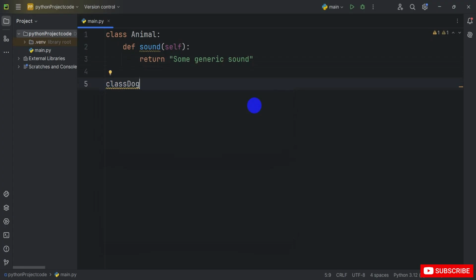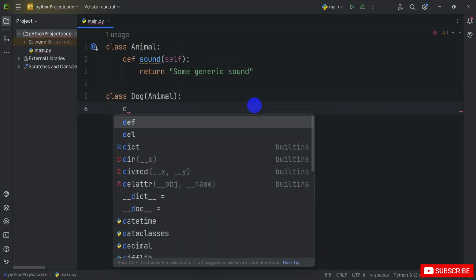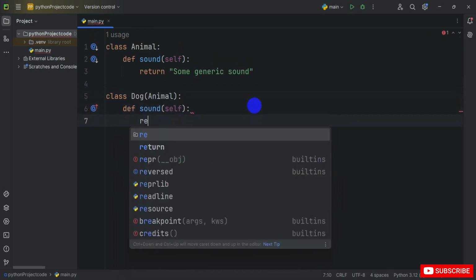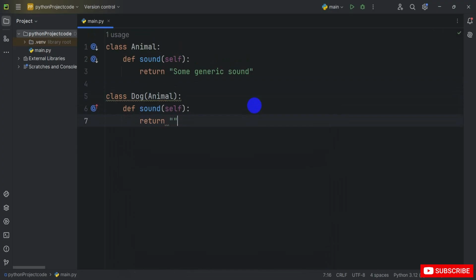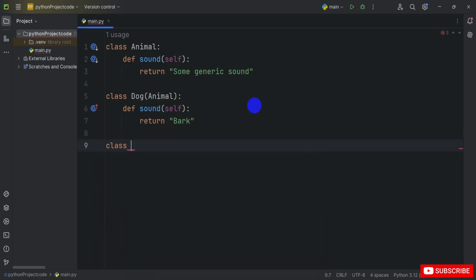And now here is another class, so I'm typing Dog. Okay. And inside this, I'm overriding the Animal class. And on the next line, I'm going to define the method sound, and then we use the return statement again and type the message, the sound for bark. Okay. And now another class is defined, the Cat